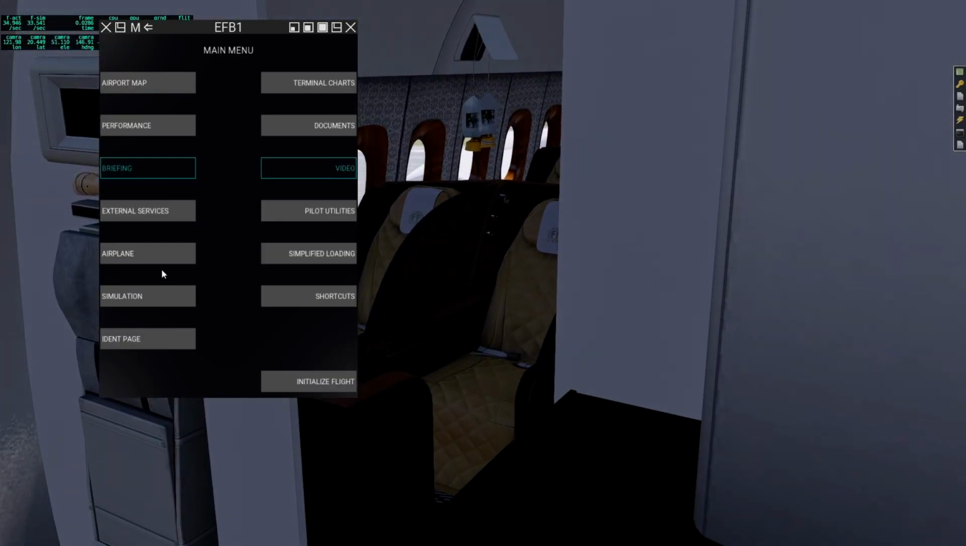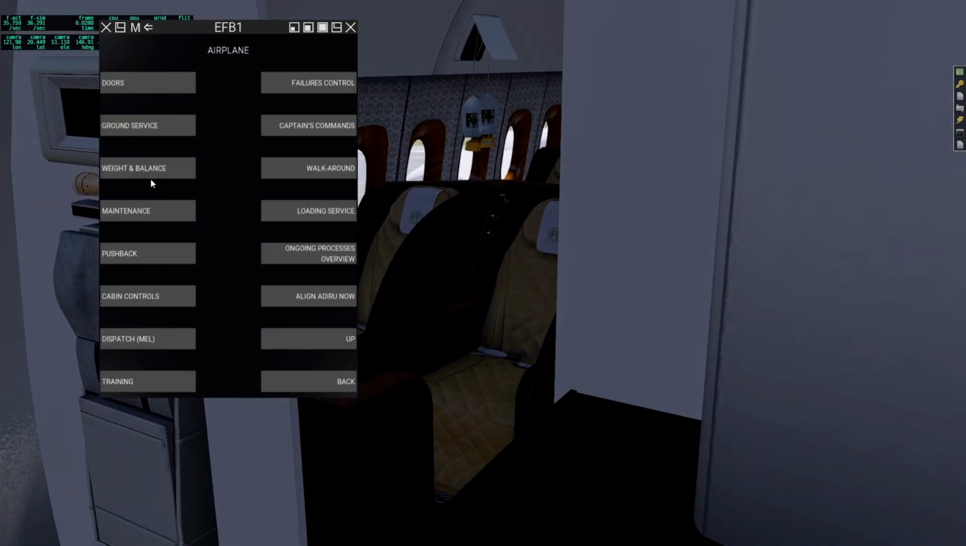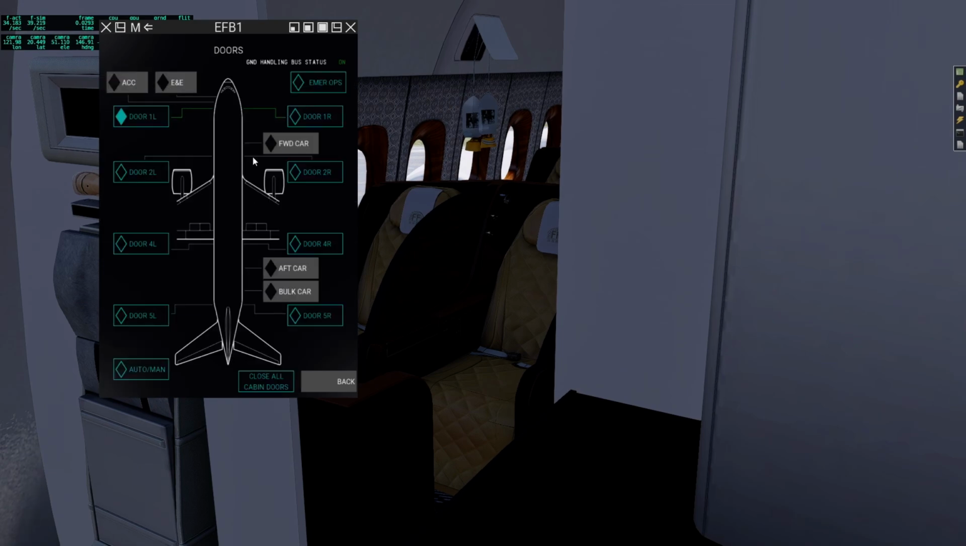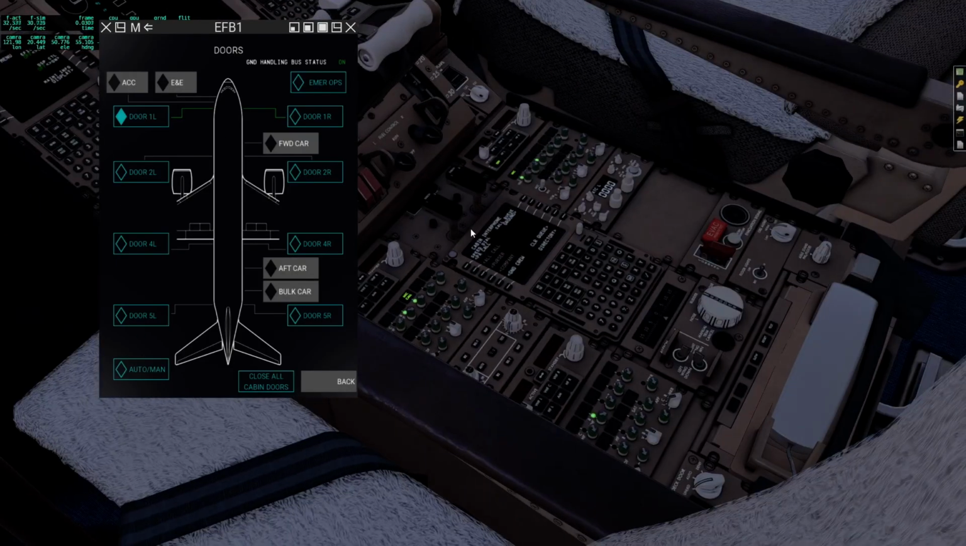However, you can also go into airplane doors. You can have these doors set to automatic as you would. And once those are set to automatic,